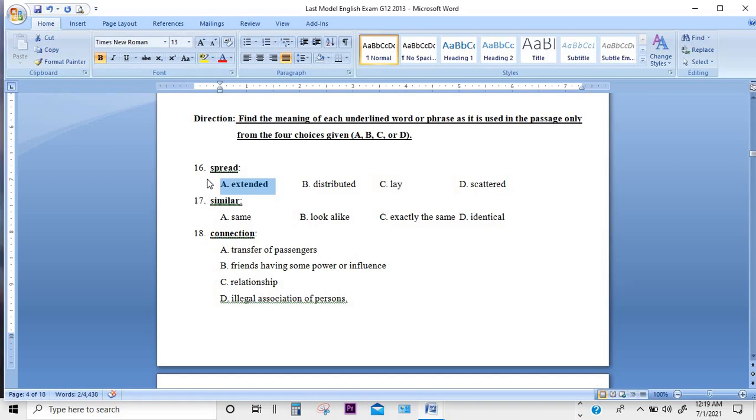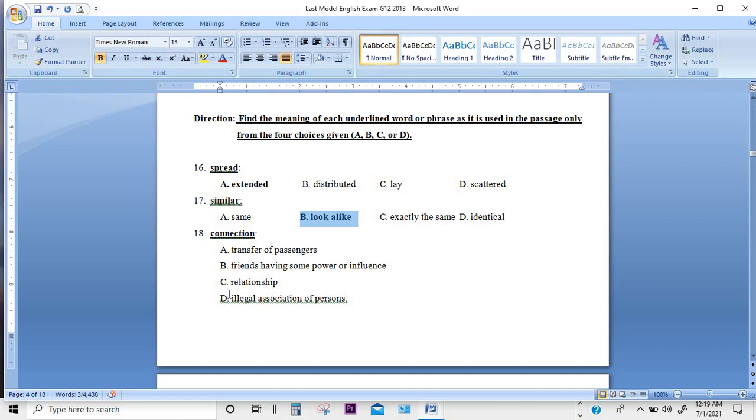Okay, similar means the same, similar means identical, exactly the same. All these are literal meanings, or they are denotational meanings. But the connotational meaning for similar, according to the way it is used in the context, is look alike. So look alike is what similar means when we interpret it in the text, in context. Connection means, almost, in the connotational meaning,